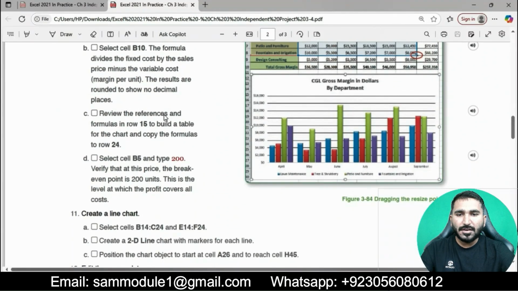Point C is to review the references and formula in row 15 to build a table for the chart and copy the formula to row 24. Simply we will copy the formula in row 15 and then we will paste this formula in row 24.